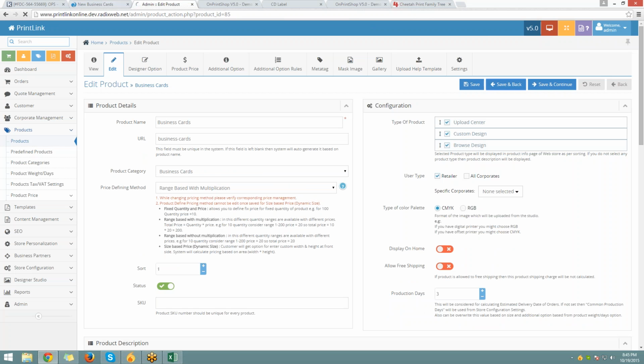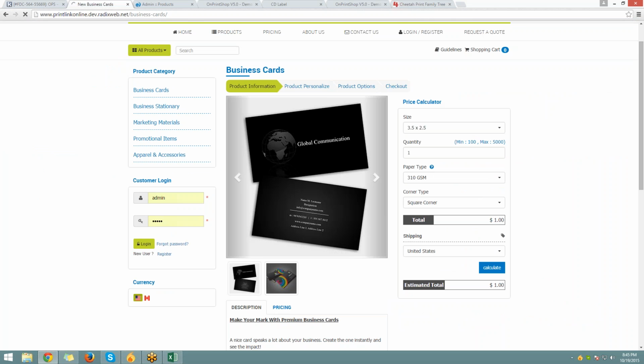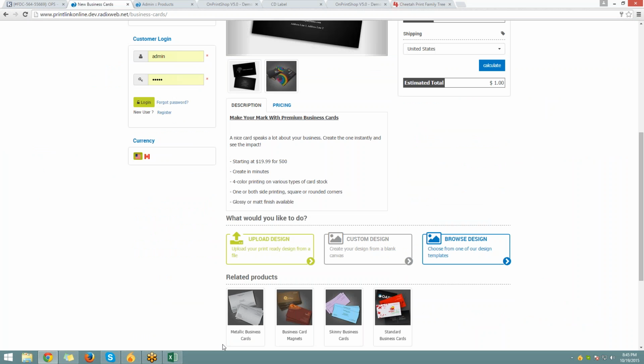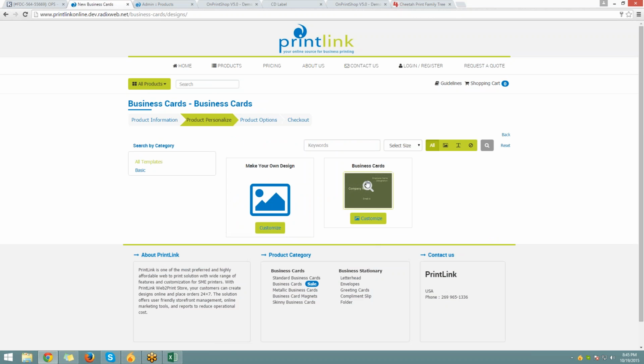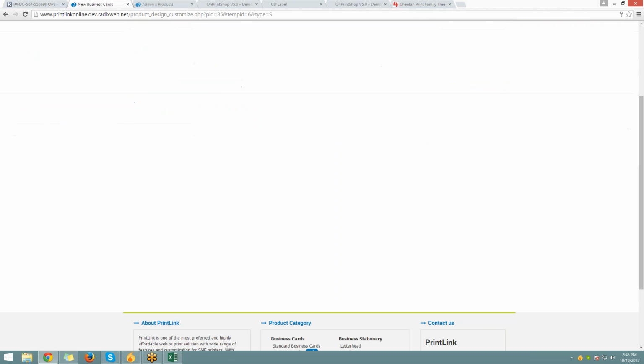Now if I go for refresh, then one more button will appear, that is Browse Design. You can go for Browse Design. I will get that design over here as a customer. As a customer, I will go there and customize the template. If I like the template, then I will customize the same from my side,